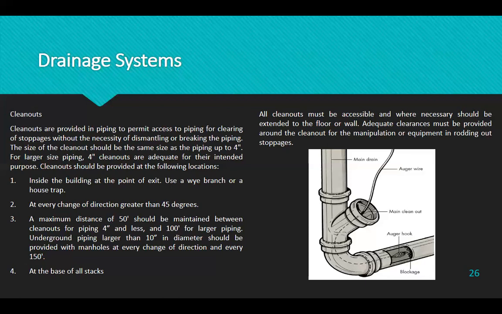3. Maximum distance of 50 feet should be maintained between the clean outs for piping 4 inches and less, 100 feet for larger piping. Underground piping larger than 10 inches in diameter should be provided with manholes at every change of direction and every 150 feet. Or at the base of all stacks if accessible. Kasi dapat ito